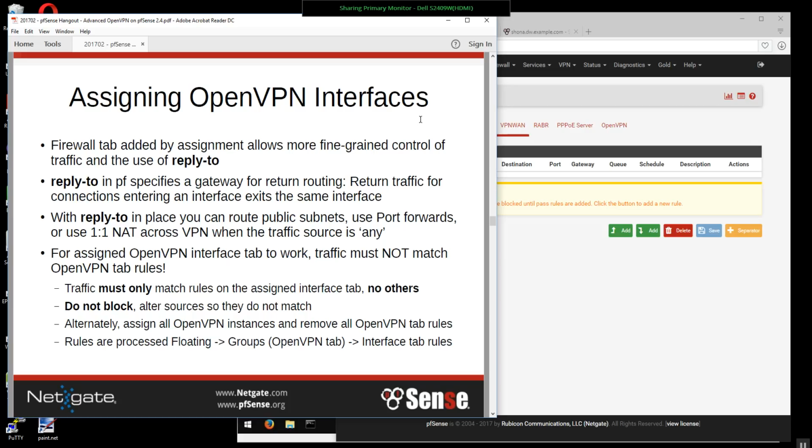So with that reply-to, you can do public subnets if you need to. You can use port forwards or one-to-one NAT across a VPN when the traffic source is any. So say you've got two sites. One site has a public subnet, and you want to route traffic, either a whole subnet's worth of traffic, or you want to do a NAT rule on that site